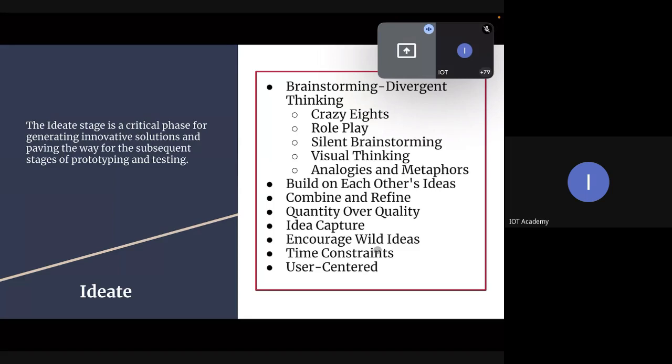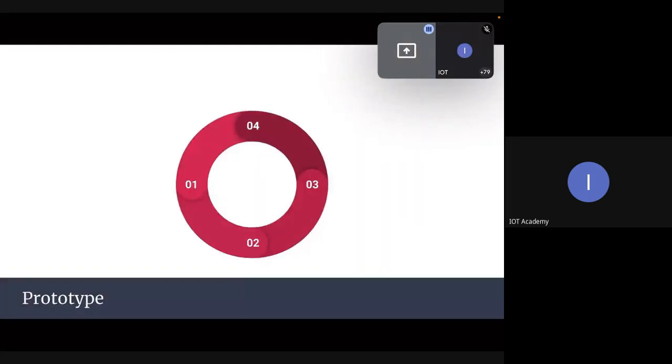The next stage is the prototype. Now after all the elimination and filtration, let's say we got an idea that I want to solve the safety concern for people. And for that, I want to make